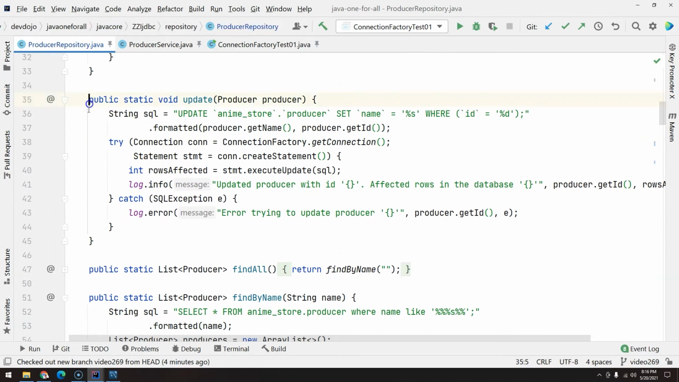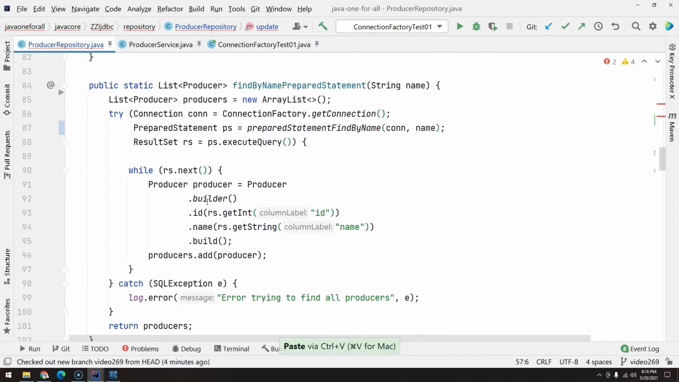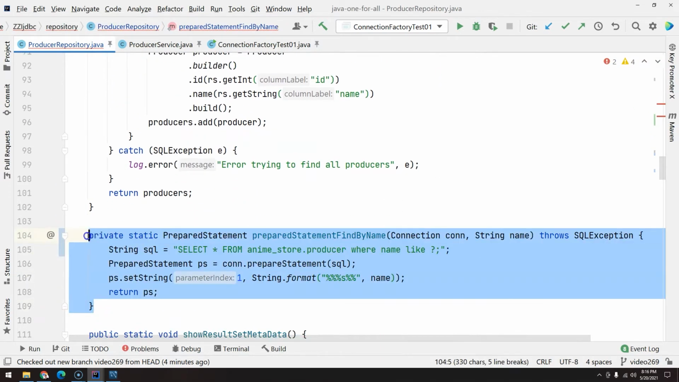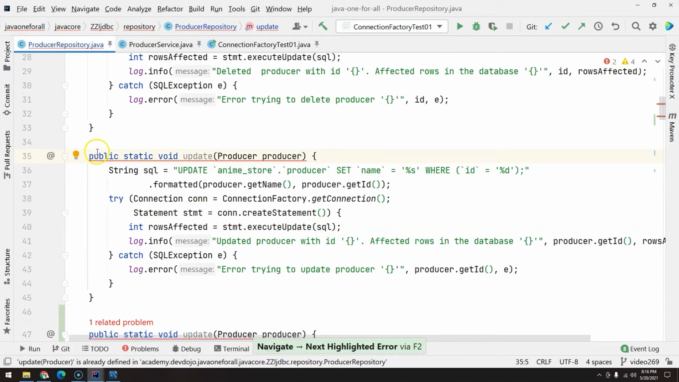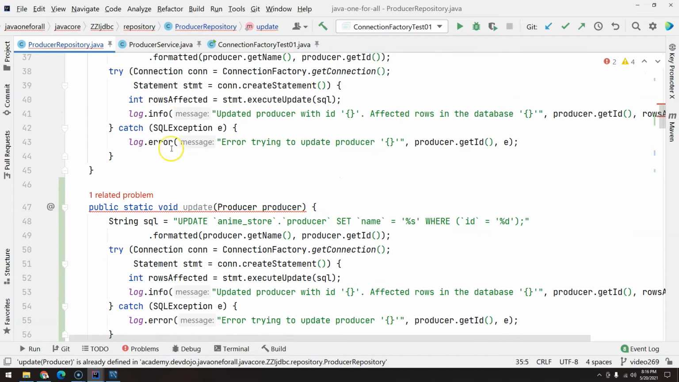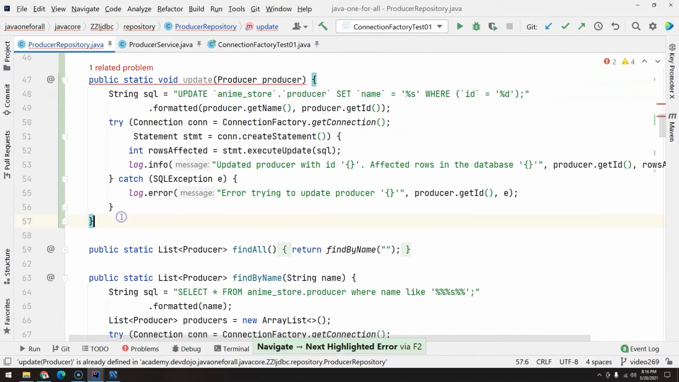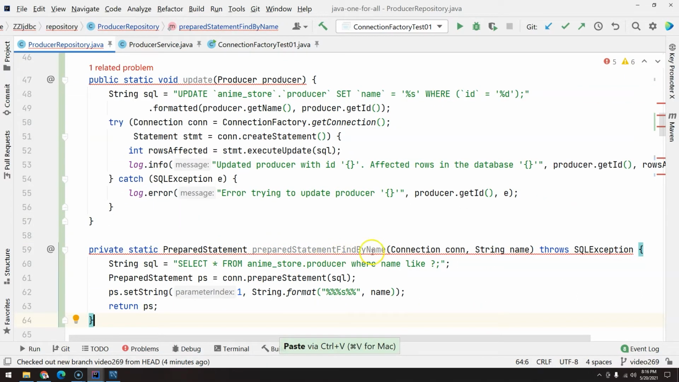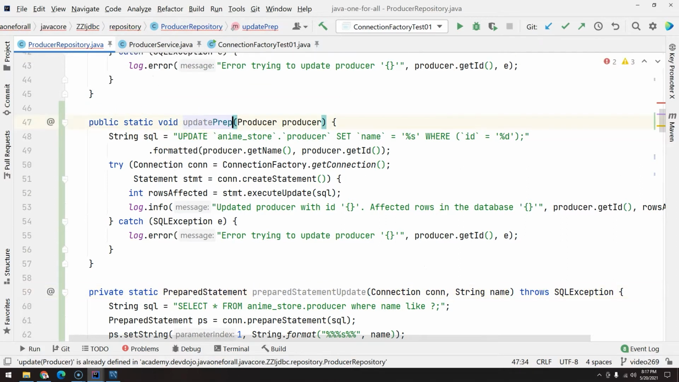Scroll up, find the update, Control C, Control V, and we are going to go back again to this prepared statement, and we are going to copy, Control C. You see that we have an error here. If you want to go back to your error, just press F2, and it will move the cursor exactly where you have the problem. If you keep pressing F2, it will go to all the problems you have one by one. And you put the copied method here, and we are going to rename it to prepared statement update. Now let's first rename this to remove this error, prepared statement,